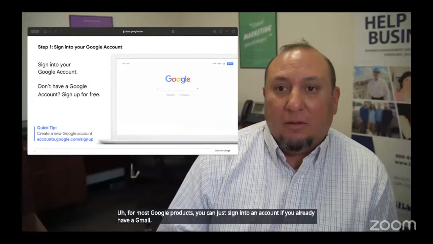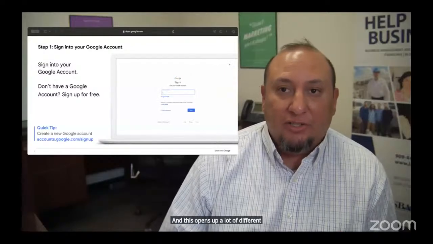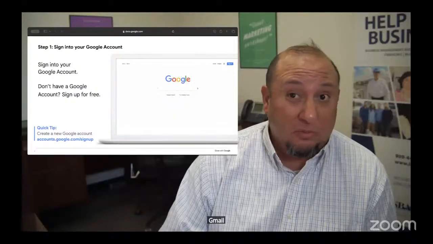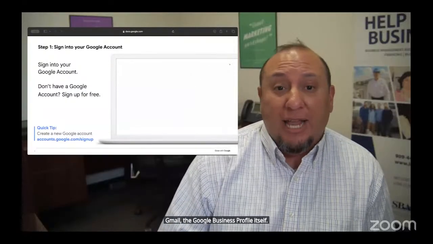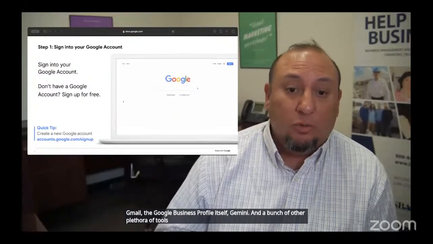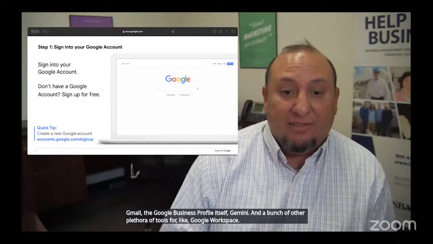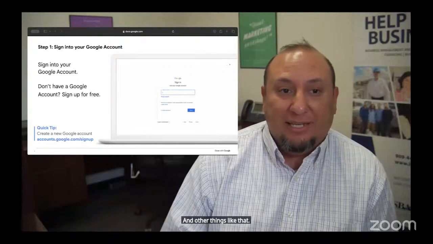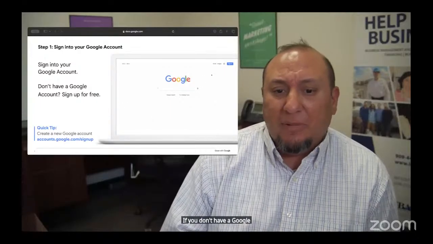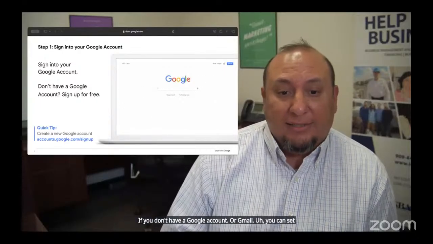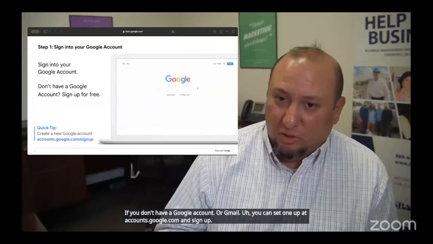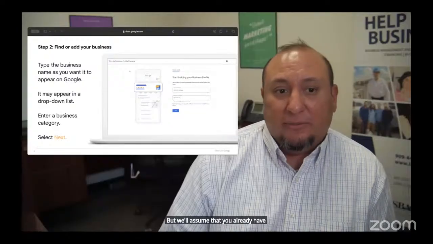And this opens up a lot of different applications like your calendar, Gmail, the Google Business Profile itself, Gemini, and a bunch of other tools for Google Workspace and other things like that so that you can basically connect to everything. If you don't have a Google account or a Gmail, you can set one up at accounts.google.com and sign up. But we'll assume that you already have one and we'll move on.